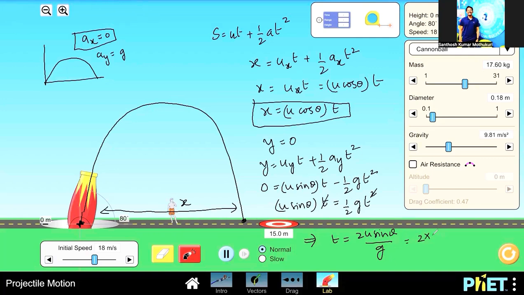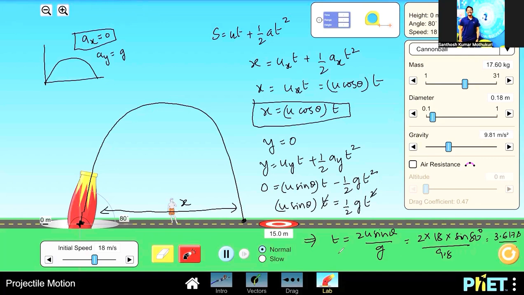So 2 times initial velocity, given as 18 in the simulation, and the angle is sine 80 degrees, over 9.8. If I use a calculator and find this, I would get 2 times 18 times sine 80 over 9.8 as 3.617